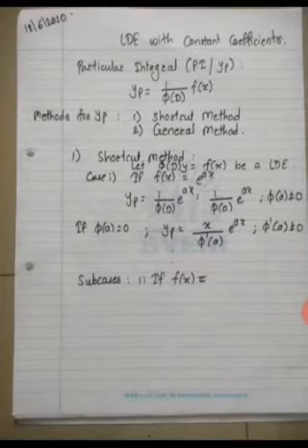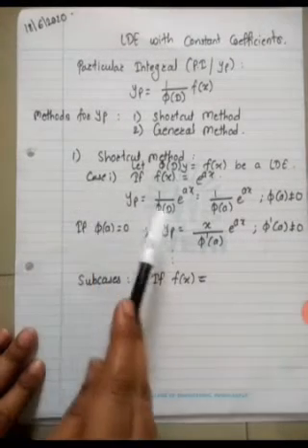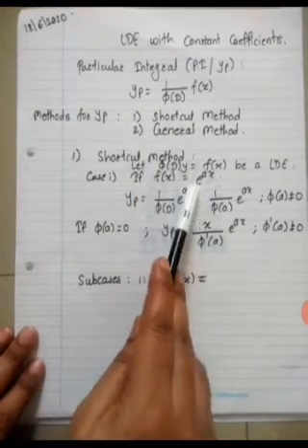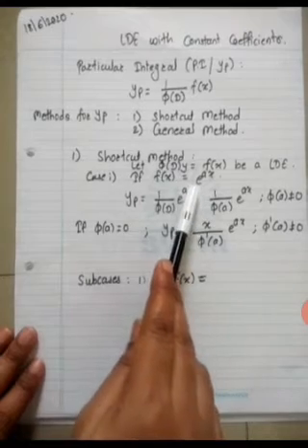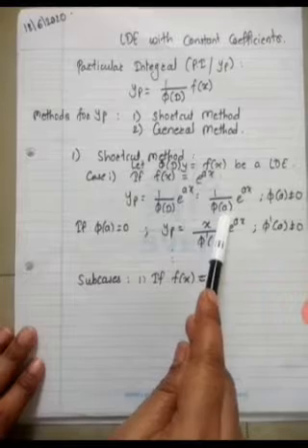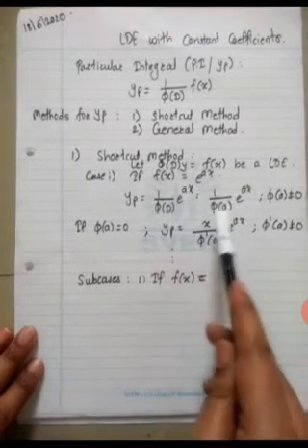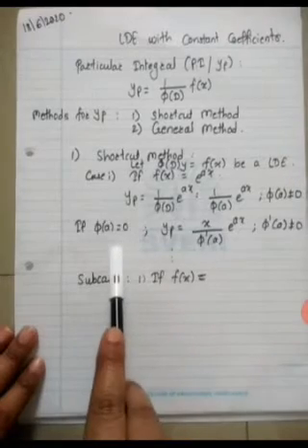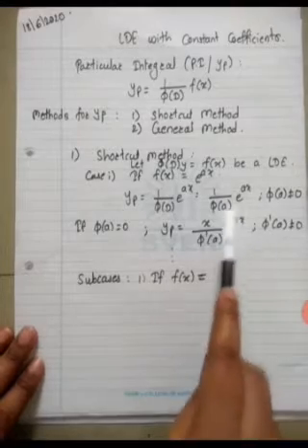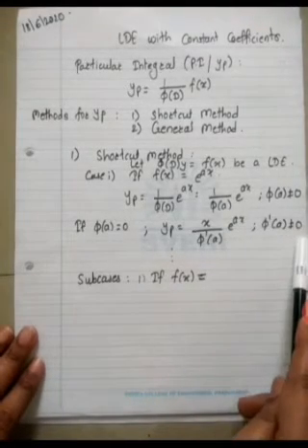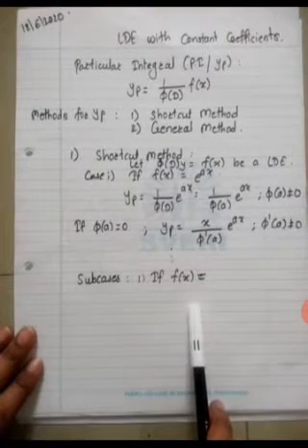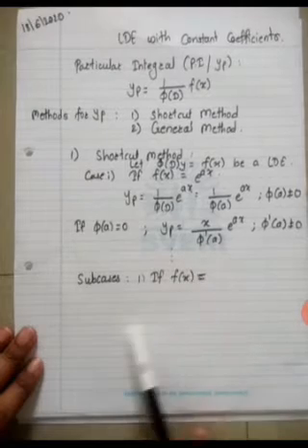Yes, ma'am. Okay. And then the case is 1 upon phi D, you have to write here the phi D function of D into your right hand side function. If it is e raised to ax, then that D you have to replace by a. While doing this, phi of a should not be 0, and if it is equal to 0, then you have to multiply by x and take the derivative in the denominator into e raised to x as it is. Again, that denominator should not be 0, and if it is 0, one more x, one more derivative. If again 0, one more x, one more derivative.